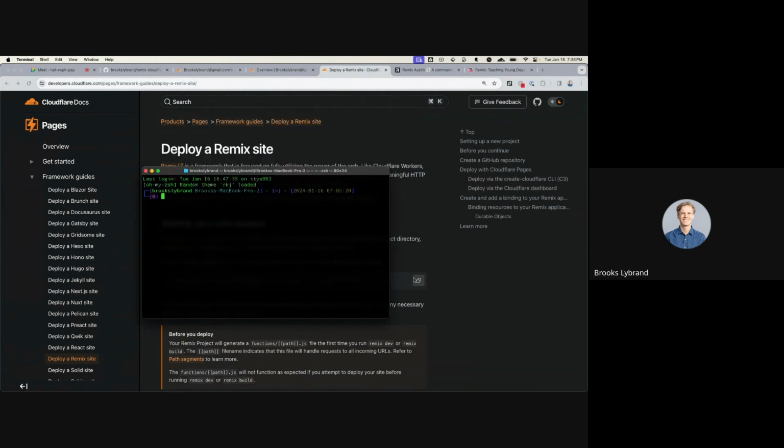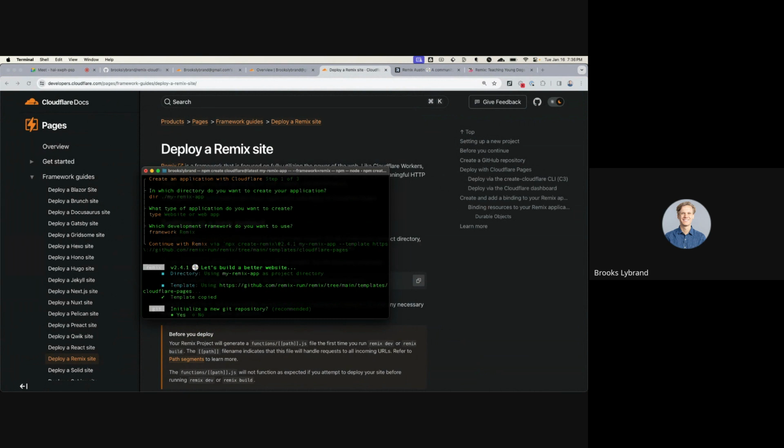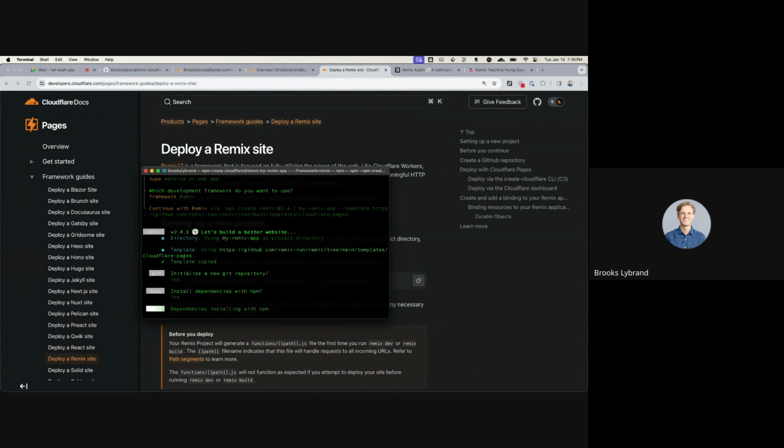Cool. So the first thing you do is just copy and paste things blindly into your terminal and hit enter. This is going to run through a bunch of things. Like I said, at this point it's running just Remix's CLI, so Cloudflare is just calling that one basically. It asks, do we want to do a git repository, just all the normal things? Yes. We are going to need dependencies to do anything fun. You kind of need to install a million different npm or node modules. And while it's doing that,